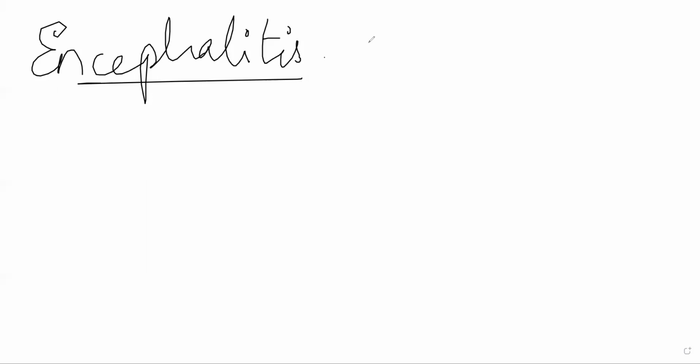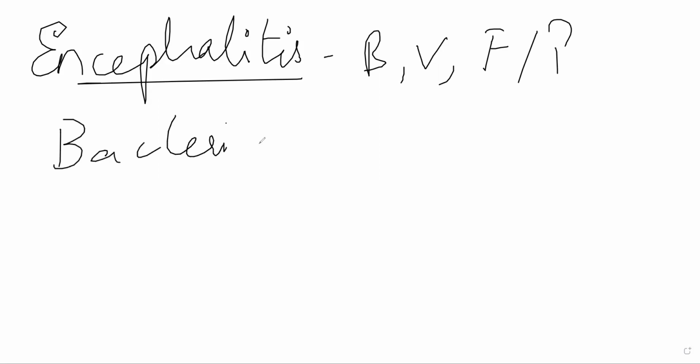There can be several causes. It can be bacteria, it can be virus, it can be fungus, or it can be a protozoa. Any one of these infections where it is damaging your neurons or your glial cells can be termed encephalitis. First, we'll talk about bacterial encephalitis. In most cases, bacterial encephalitis is secondary. The patient will generally have meningitis, and because of meningitis, they'll develop encephalitis.